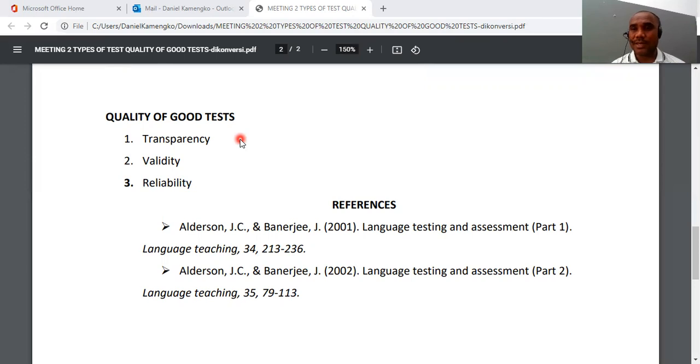Reliability means, okay, the questions you make in the test should be reliable to the knowledge of the student as well. Okay, so students, of course, they have their own capacity to understand, to master certain topics that you have taught as teachers. And you also have to look at your students' skills and ability, whether they have mastered these or not.